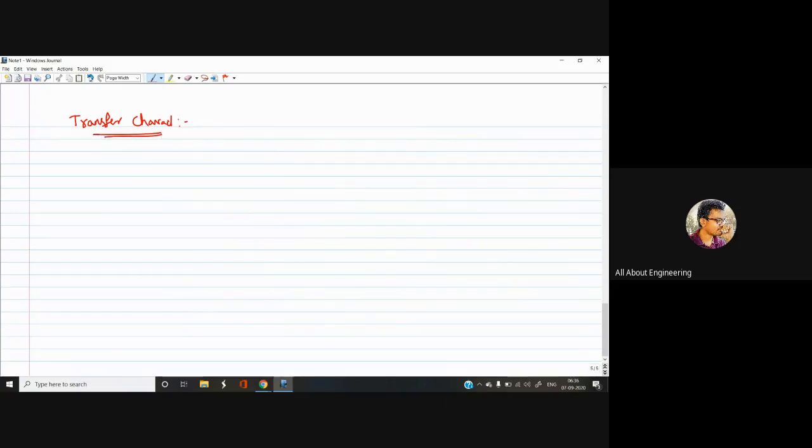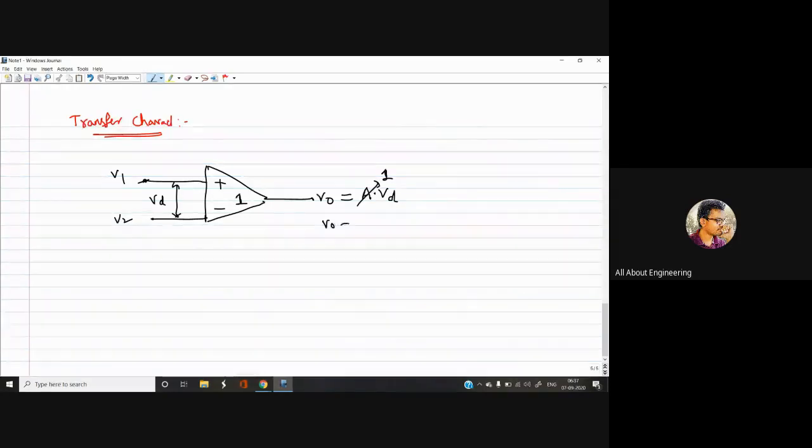Before going to the transfer characteristics of an op amp directly, let me draw a simple circuit, an amplifier of gain 1. You take the amplifier of gain 1, and this would be my output. Here my inputs are V1 and V2. Instead of writing all these, I will write simply the differential voltage, VD. So my output would be gain times VD, where the gain is equal to 1. So my output equals VD, the differential voltage. Let me take the saturation values as plus 10 volts and minus 10 volts.